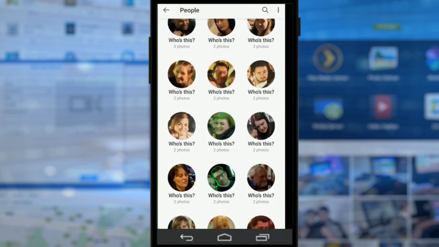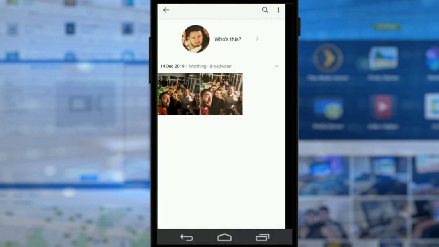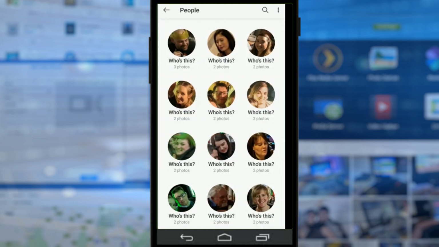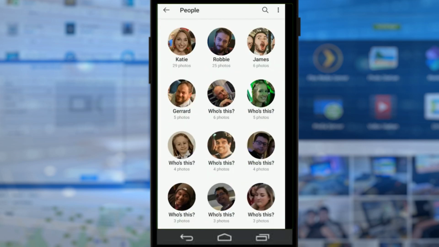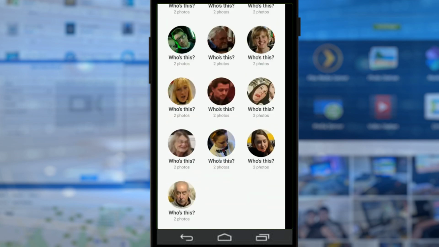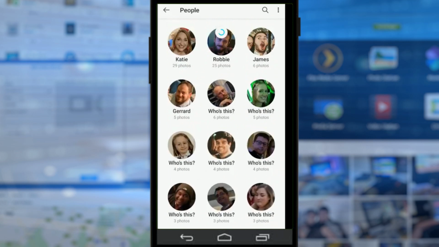Same as before. If we find another photo of James, there he is. We can click there, select James, merge the albums, and boom, we have those photos of James. Incredibly responsive, just like the QNAP one, but it's nice to have that option to be able to tag